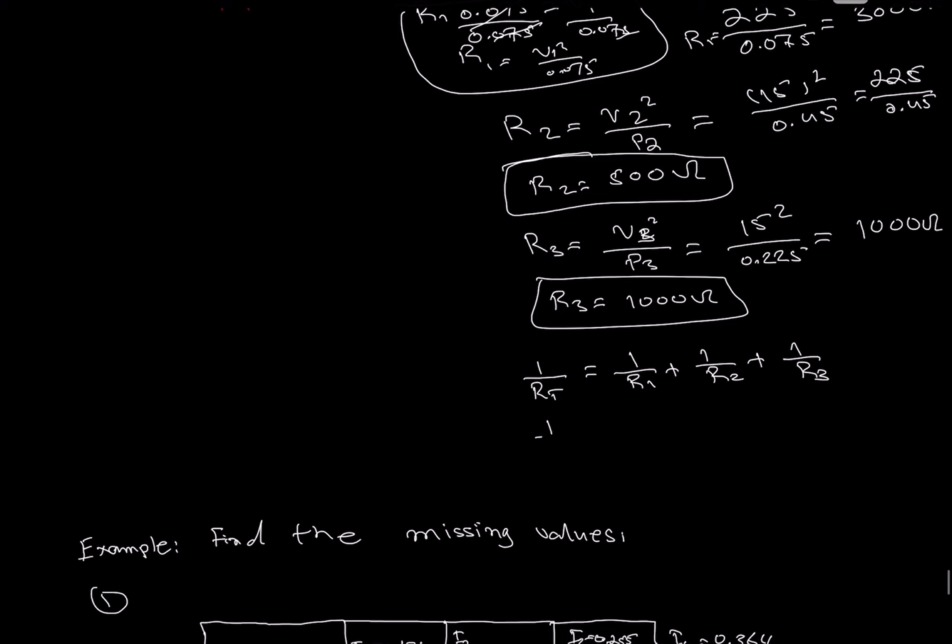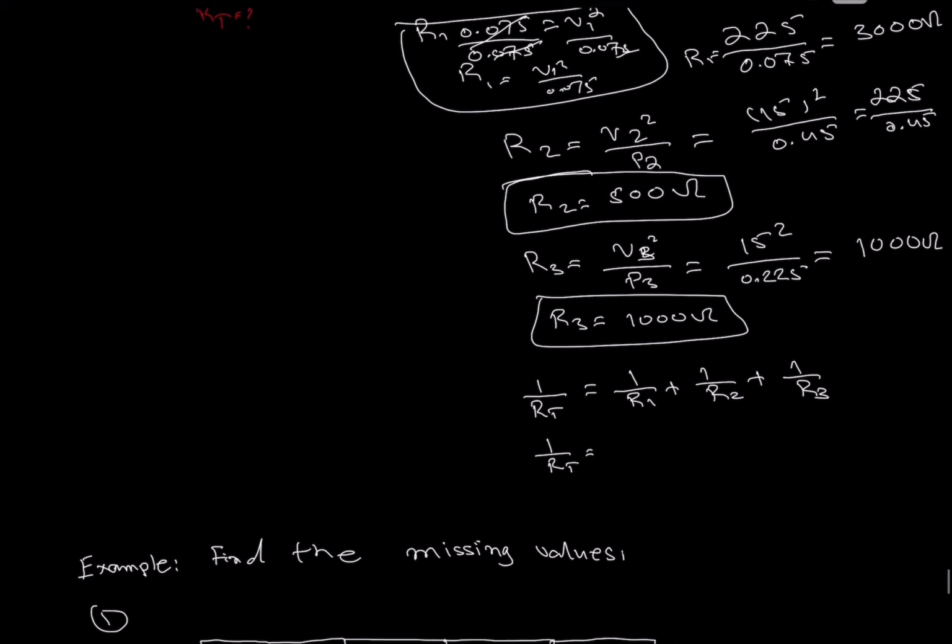Plug in the values here. 1 over RT is 1 over 3000 ohms, plus the second term is 1 over 500. The third term, 1 over R3, will be 1 over 1000. After finding the LCD,